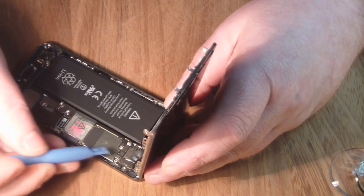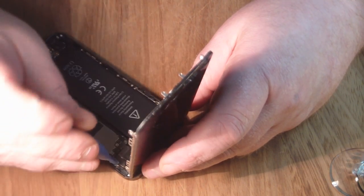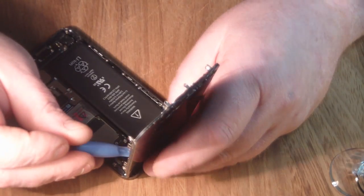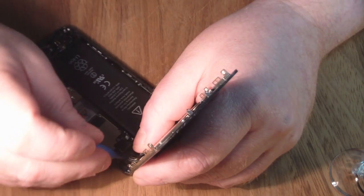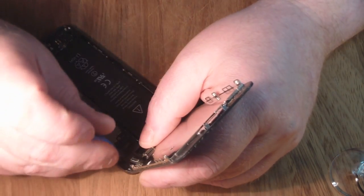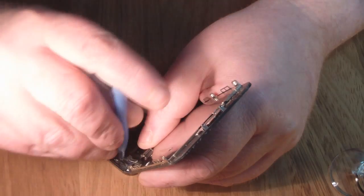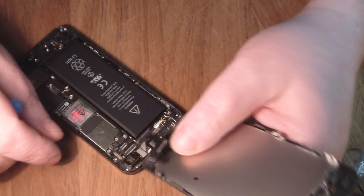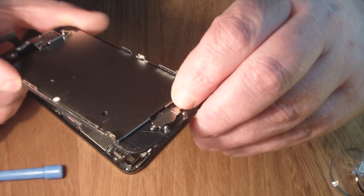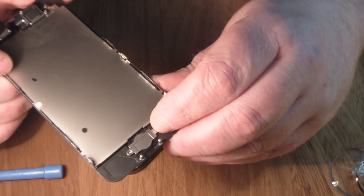So now we take the pry tool again and we can start prying up those connectors. That's 1, and that's 2, and that's 3. So now we can go now and swap over the home button and such like to our